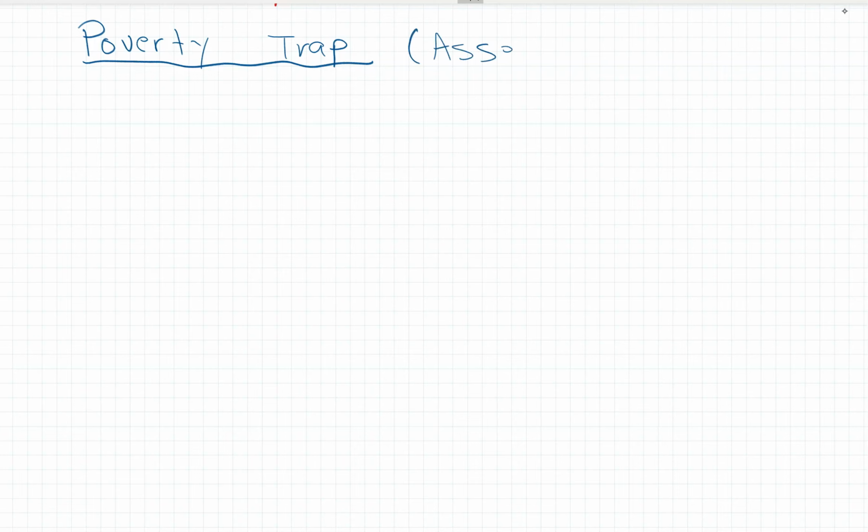So the last thing I want to make a video about is poverty traps, and then the rest of the stuff I'm going to leave to the reading or the text part of the learning unit to talk about. So we want to talk about a poverty trap. The basic idea of the poverty trap, I'm going to talk about asset poverty trap.